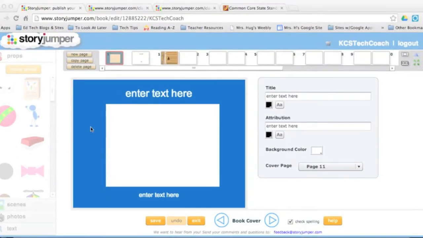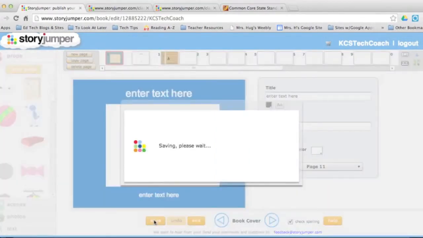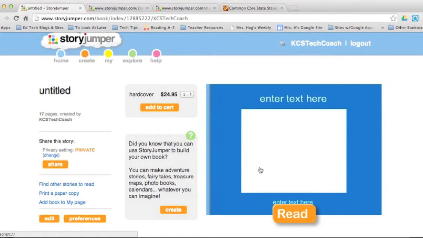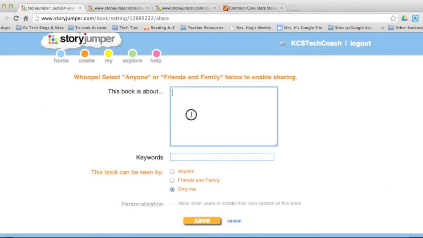So once I'm done doing work on my book, I can hit save and it will save whatever changes I've made, and then I can hit exit to go back to the main page for this specific book. When I'm on that page, I have the option to read my book. I can change the sharing settings, so right now it's private, which means that only I can see it, but if you click on share and you type in a description for your book,